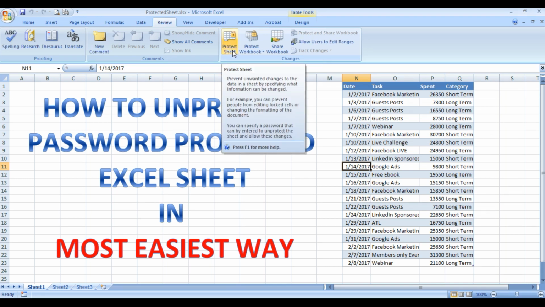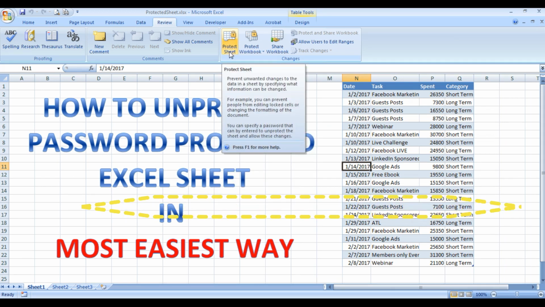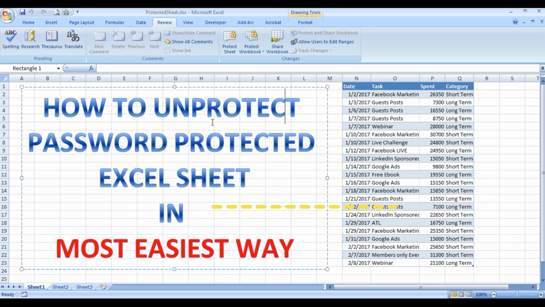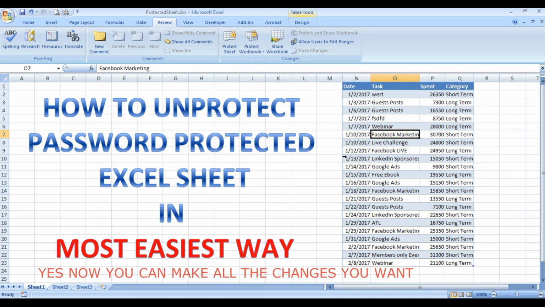Yes, because the password is blank, it unprotects the sheet. So you can say that the file has been unprotected. We can select anything here, or change anything here, right? This means we have successfully unprotected our password protected sheet.